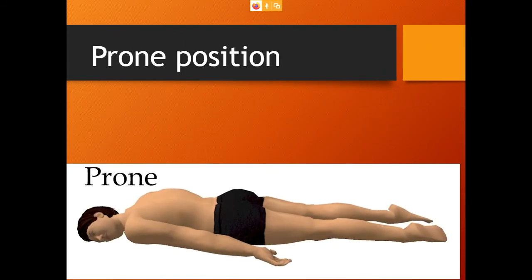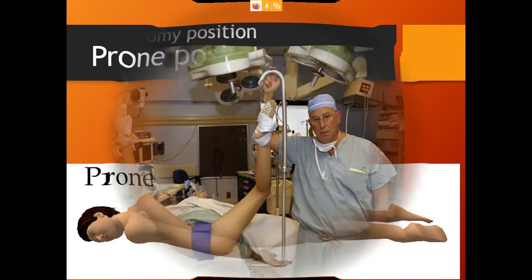The next position is the prone position. In this prone position, the entire body is facing down. The face also has to look down. A person or a cadaver, cadaver means dead body, lying on the cot or on the floor in the prone position means looking down. The entire front portion of the body has to project down. That is called the prone position.